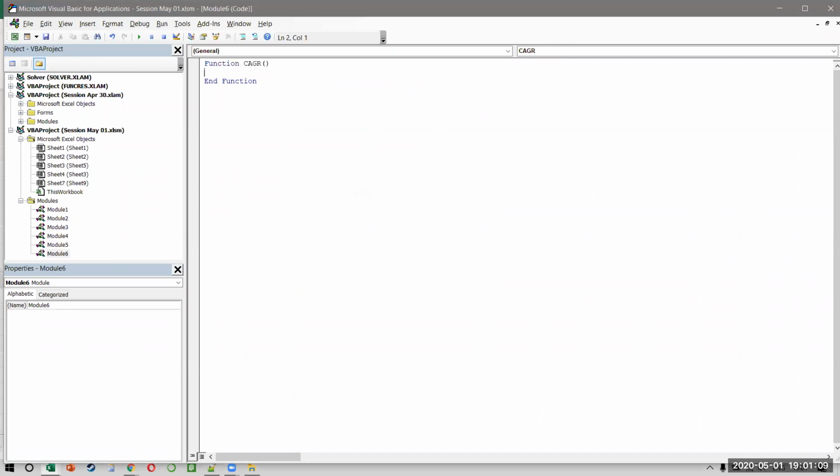But then a function is not like a macro. That means the function needs to take arguments from the user. So I'll have to say that my start, so that is a data type, my start is a variant. I'll explain what a variant is. My end is a variant. And finally, my period is also a variant.